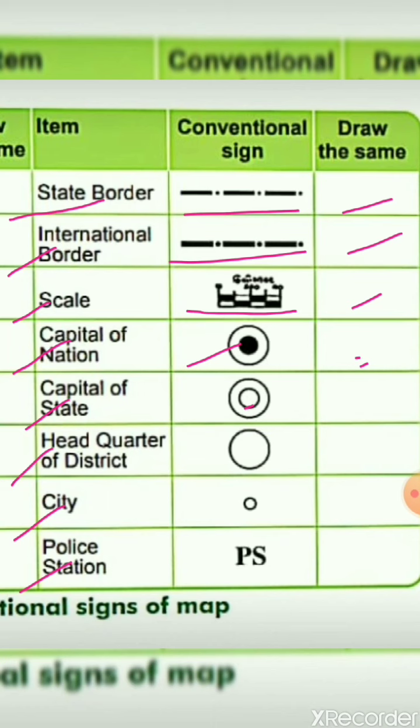Okay student, यहाँ पे आपको क्या करना है? You need to draw the signs. So it will also be a practice for you and you will be able to easily come to know wherever you see this sign, जहाँ पे भी ये sign देखने को मिलेगी, you will understand it very clearly what this sign belongs to and what is there over there.